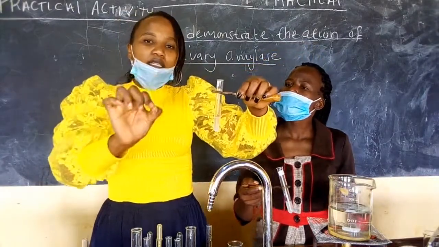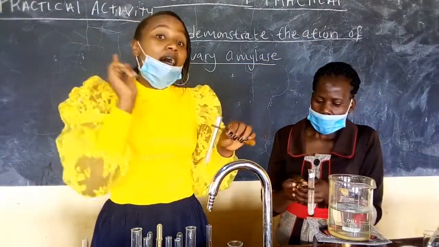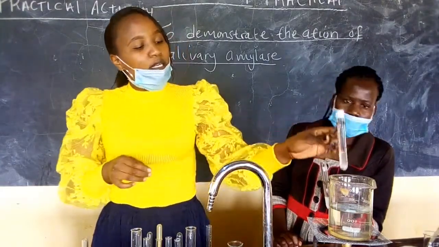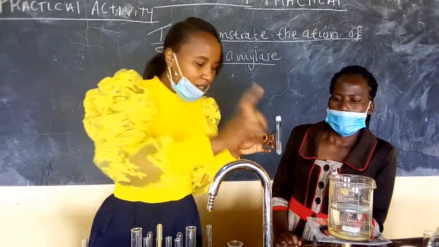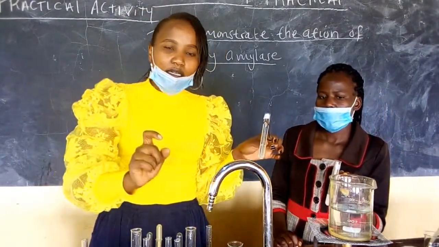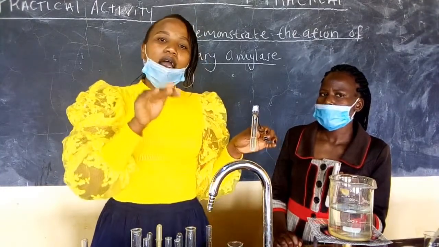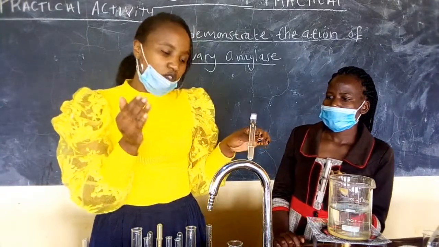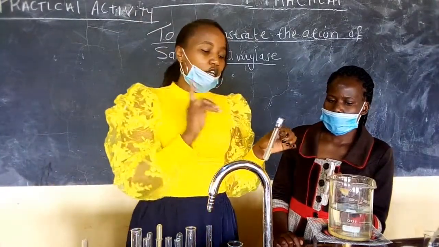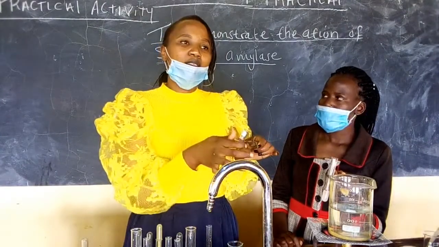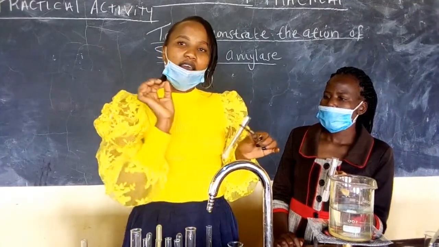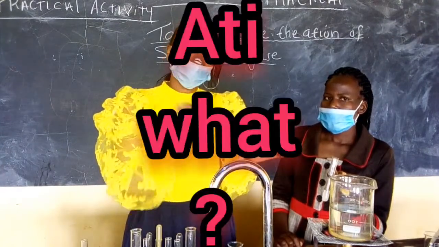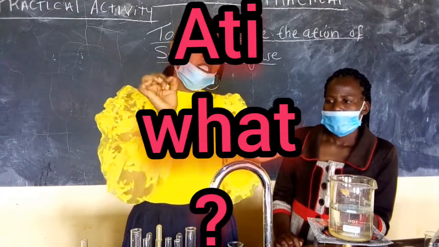So the saliva in this test tube will break it into its constituent monosaccharide. And remember, monosaccharides are reducing sugars, all right? So we had to put it in the water bath maintained at 40 degrees centigrade so that it can act on the starch by breaking it into its constituent monosaccharides. So we are going to check whether it is true that saliva contains salivary amylase, and if it does, did it break the starch down to monosaccharides, which are reducing sugars?